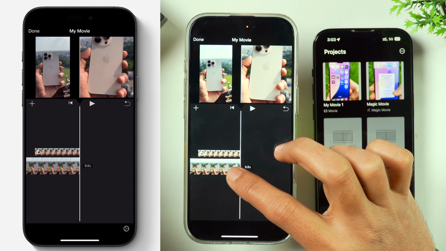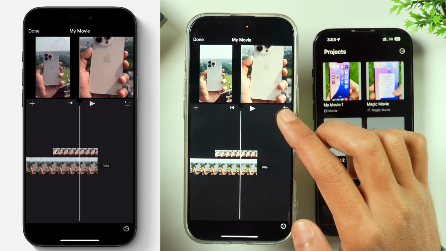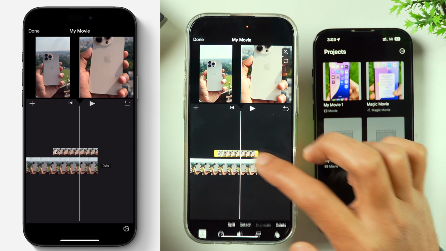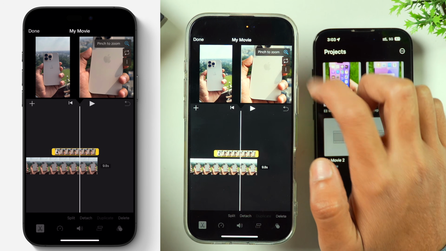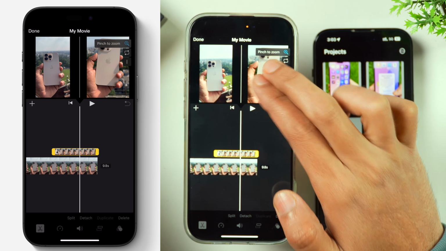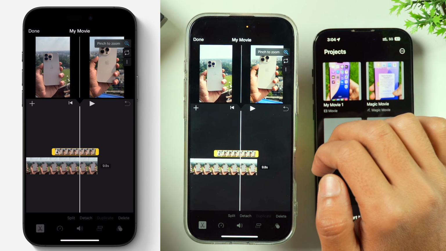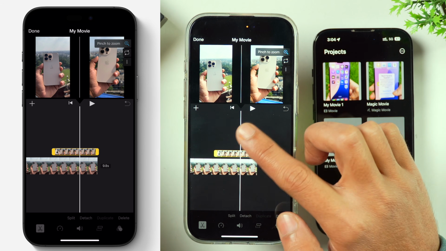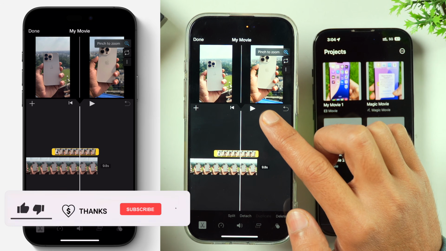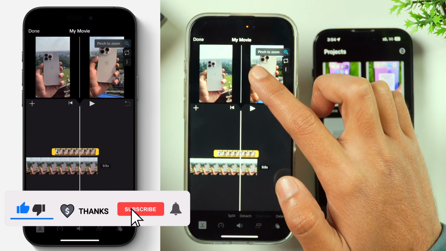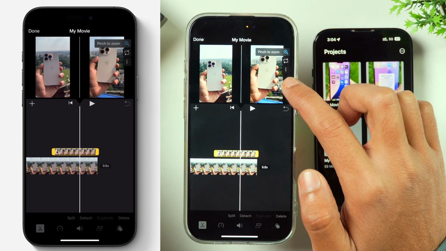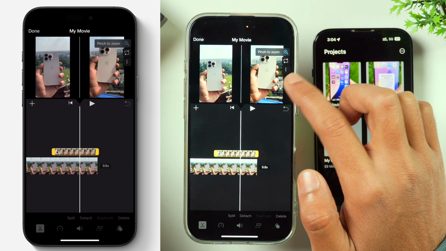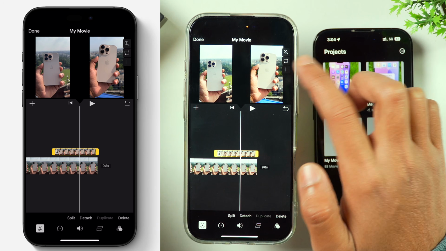So currently you can see this is not perfect right now. So we will first select the video layer and we will tap on the magnifying glass and resize this just like the previous one. Alright, once we have resized it and put the two vertical videos side by side, here you can see there is a border here, white line. So we can disable that by tapping on this line icon here that you see the third one. So tap on that and that will remove it.